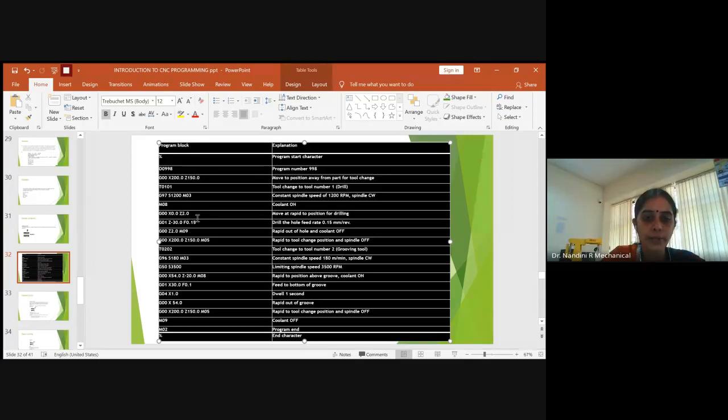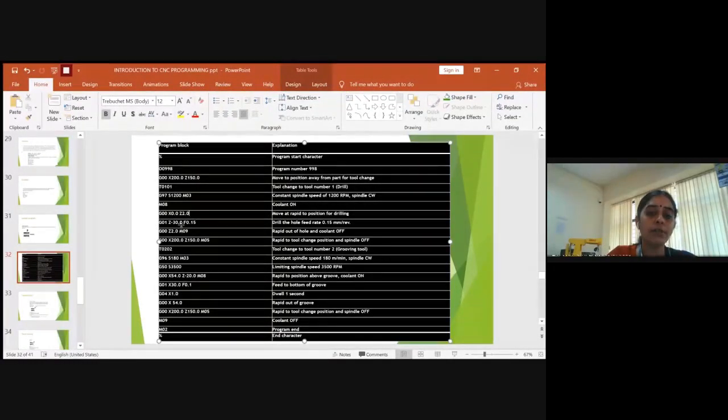With the rapid traverse, you won't see whether it is touching the material or going within the material. So it is given nearby, you can give Z1 or Z2. It is almost near the reference of the workpiece. Once the tool has been fixed at the rapid position, then you will provide the depth for the Z-axis. So it goes within the given material to minus 30 mm. Okay, so then that drilling will take place.